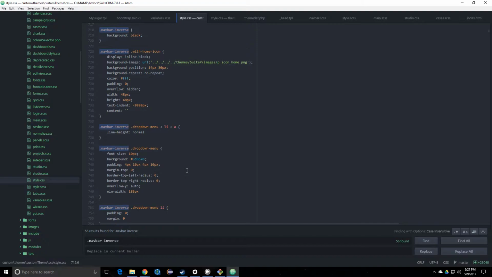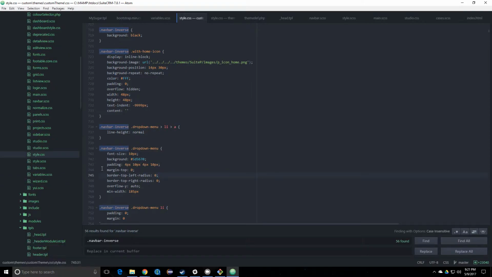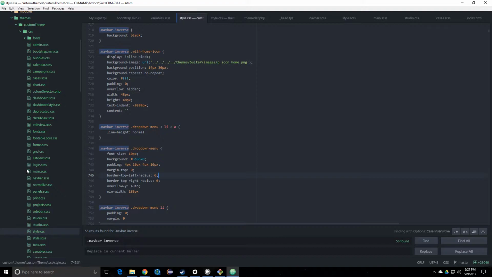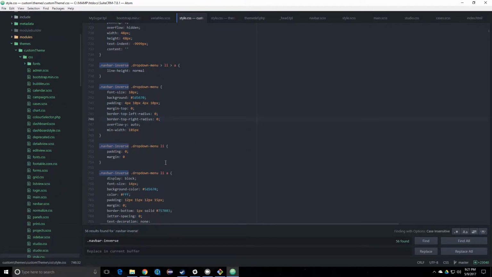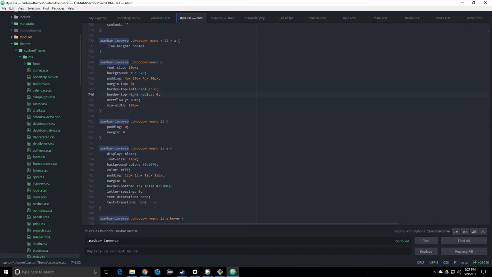But if you want to deploy this into a production environment, then I would suggest you go back into your browser and minify it again. And there's probably some plugin for Atom, the editor I'm using, that will minify this for you, and deminify it too. So now once that's done, you can make your modification here, and I made my navigation bar